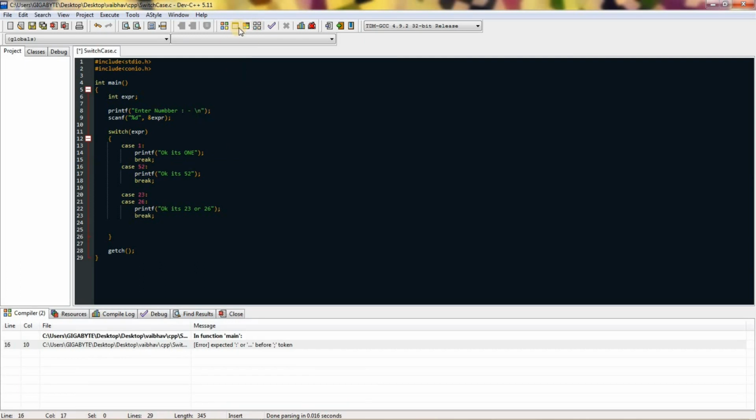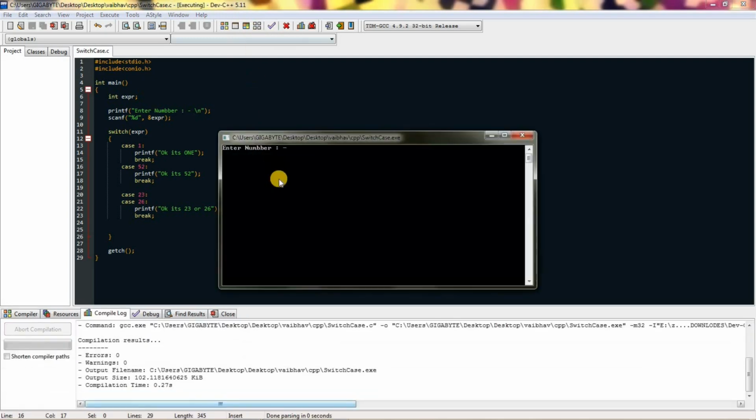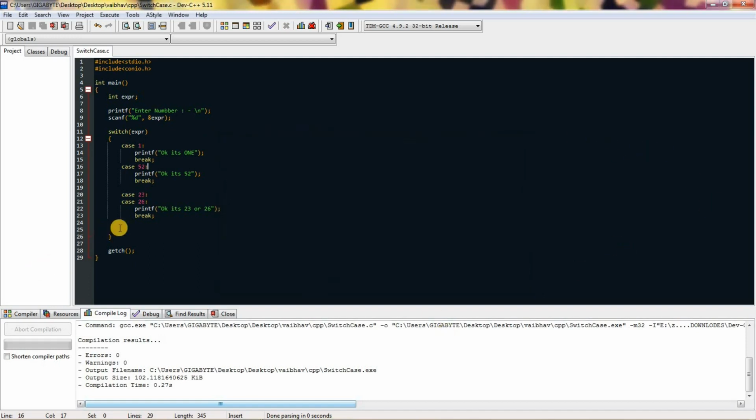I just need to put in a colon, not a semicolon, and then enter a number. Wait, I just misspelled the number. Okay, never mind. So if I enter 7, it will do nothing, because there is nothing written for the number 7. But if you give it a default,